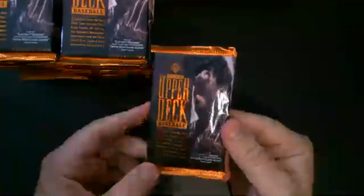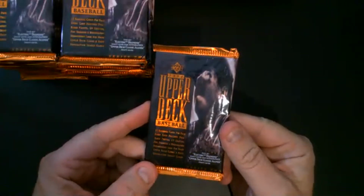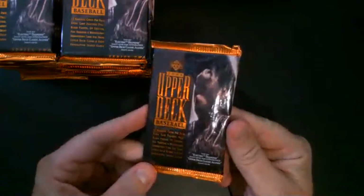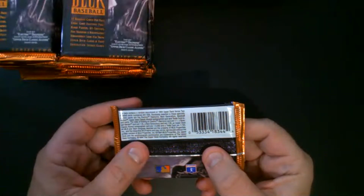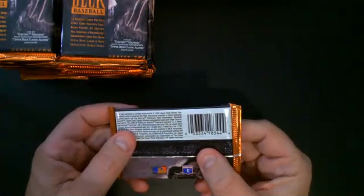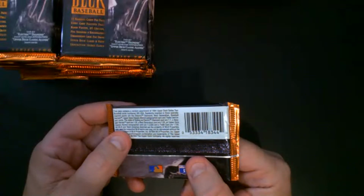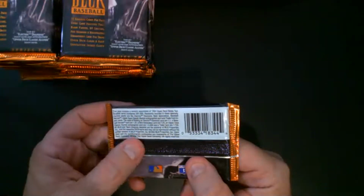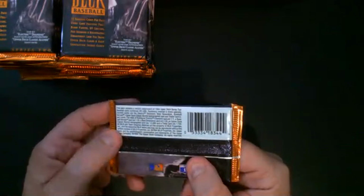All right, so I believe it's 36 packs, 12 cards per pack. This was the first year Upper Deck got in on the parallel game, so we have the Electric Diamond parallel, and then inserts. Baseball Card Heroes are 1 in 35, Next Generation are 1 in 20. There is a Classic Alumni autograph at 1 in 3,000 and a trade card at 1 in 720 packs. So not a lot of variety, but